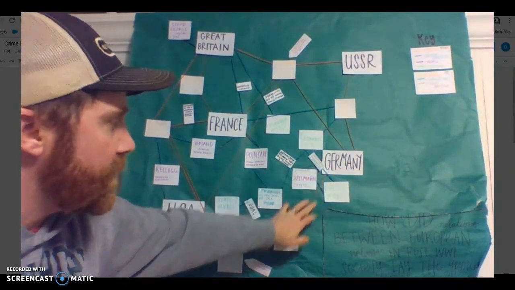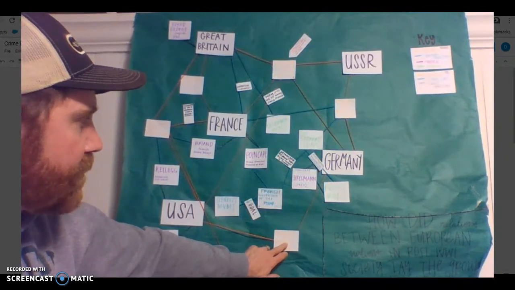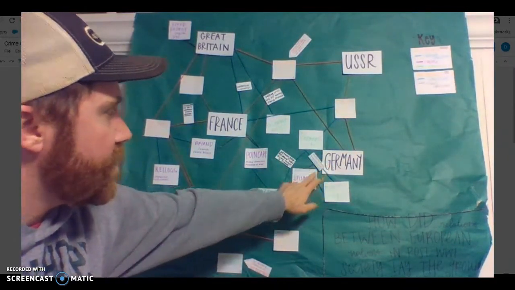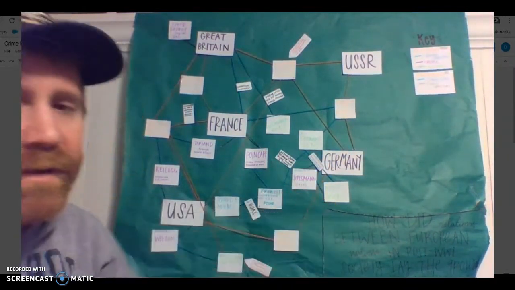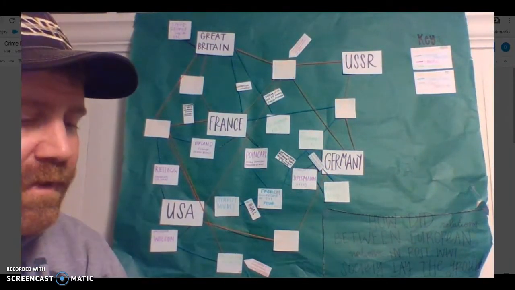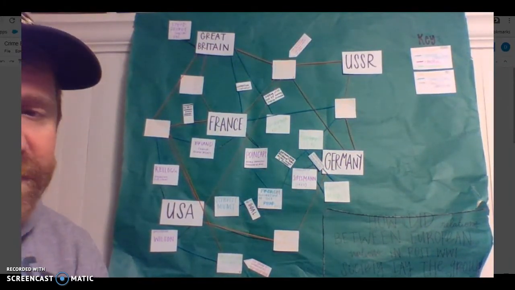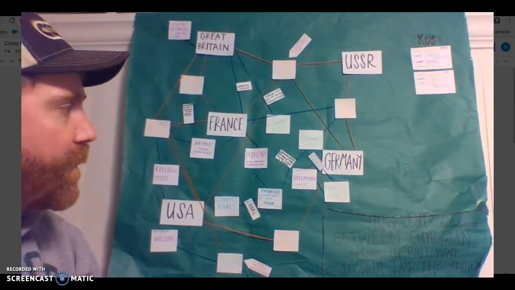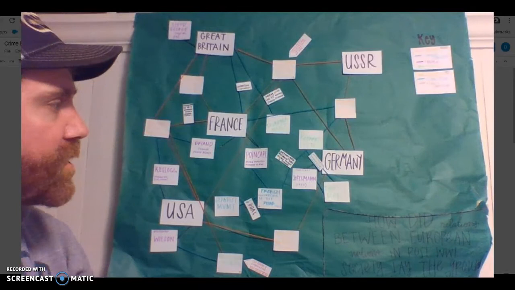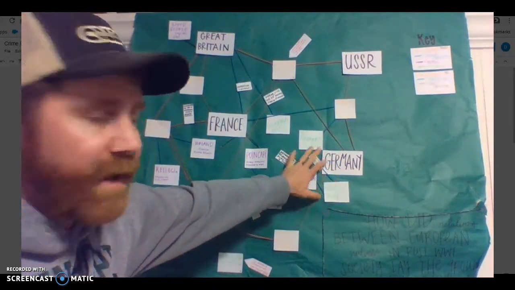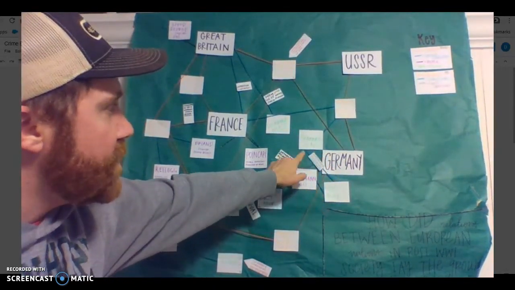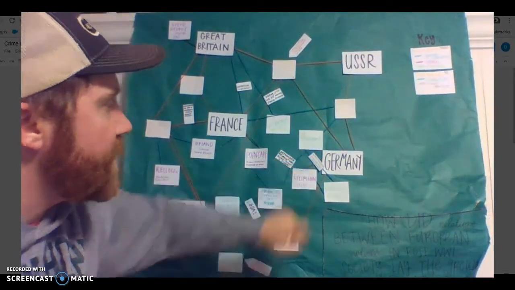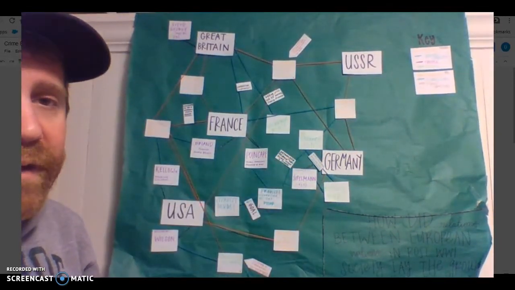And so Germany through the Treaty of Berlin, right? Or Germany through Stresemann, through fulfillment. The yarn goes from historical evidence to historical evidence, and it's highlighting those connections. That yarn can also, it doesn't have to stay within the category. You see here that some of these key terms can relate to other categories.